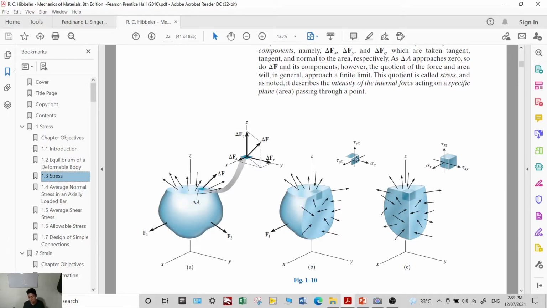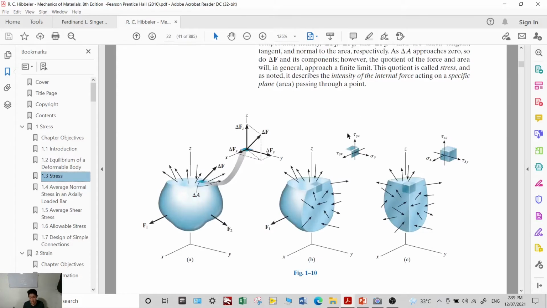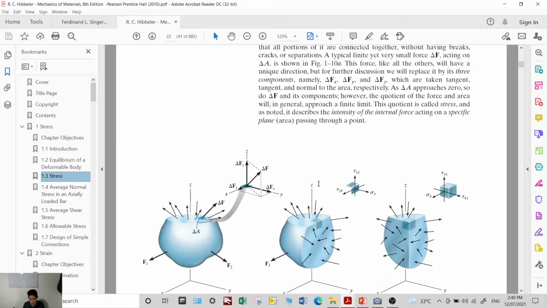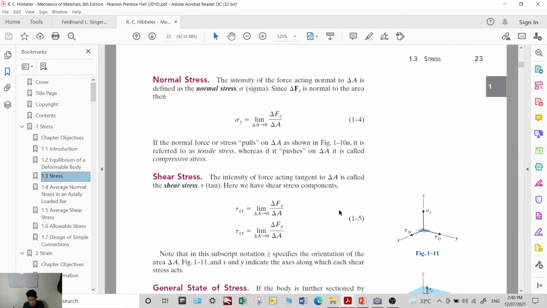So, what are they? These are what you call the stresses that the object experiences because of the internal reactions. When an object is subjected to a force, it creates a body of reactive forces. Those internal forces are what cause the stresses. We have two types of stress, the normal stress and the shear stress.